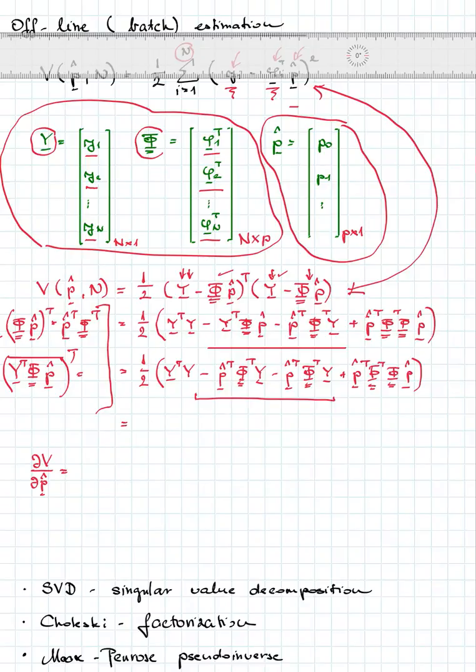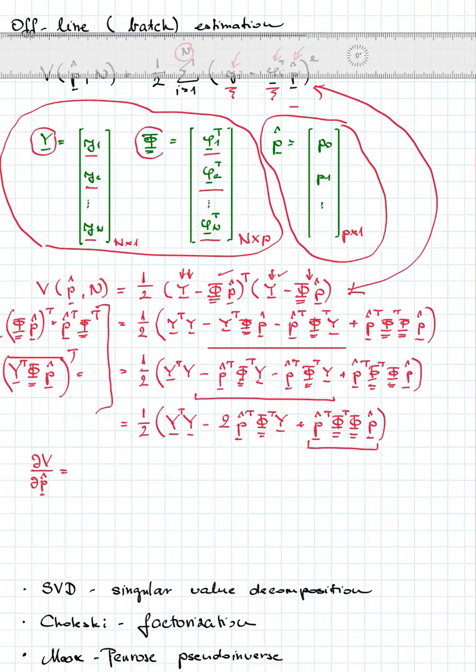So the next is the half y transpose y minus 2 p transpose phi transpose and y plus p hat transpose phi transpose phi and p hat. Let's have a closer look at this result. The last element, this one,